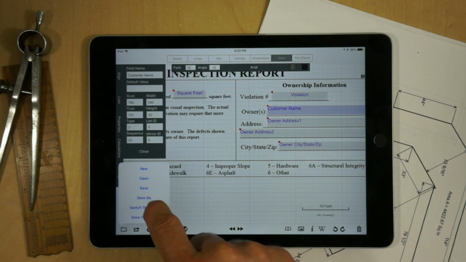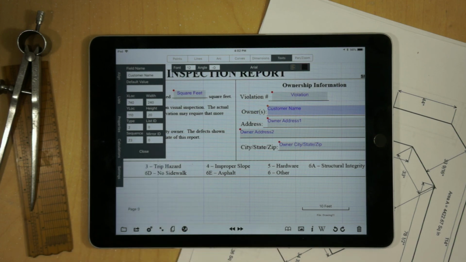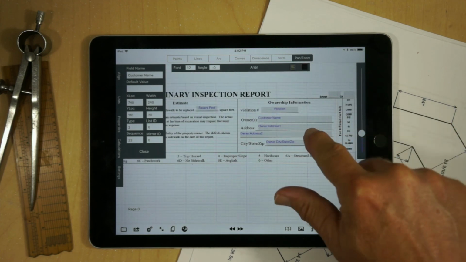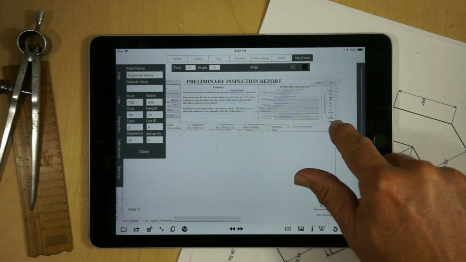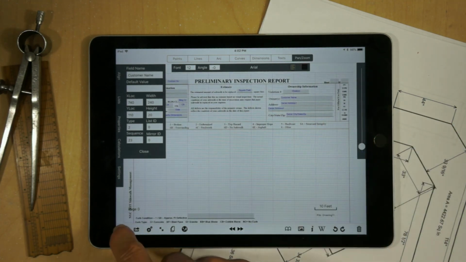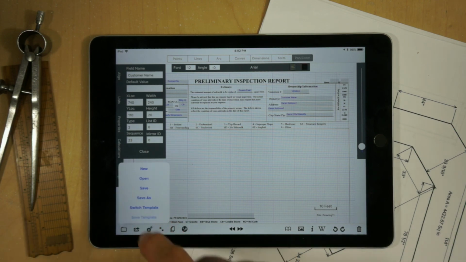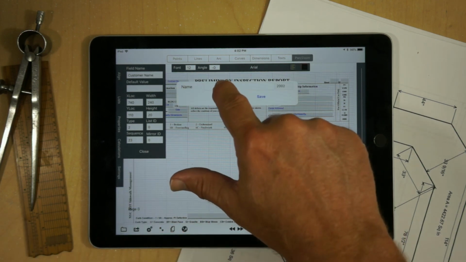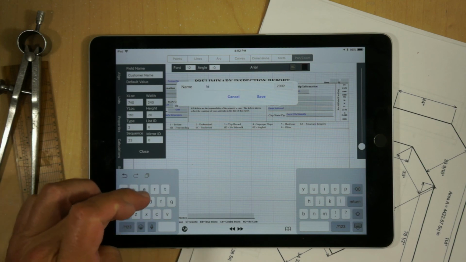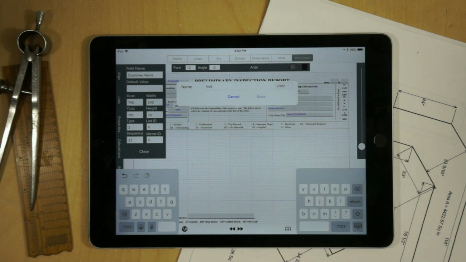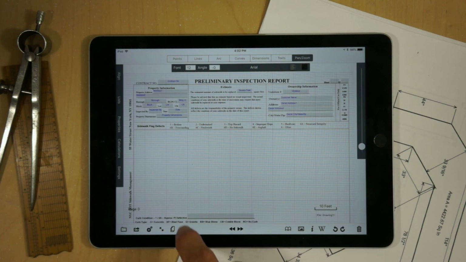And now if we save this as a template, and actually let me back up because we don't want to look at it like this. We want to scroll out to where we're looking at the form the way we want to see it. And if everything's done, we would do save template. I'm just going to call this test, save. And now if we go back to our map,